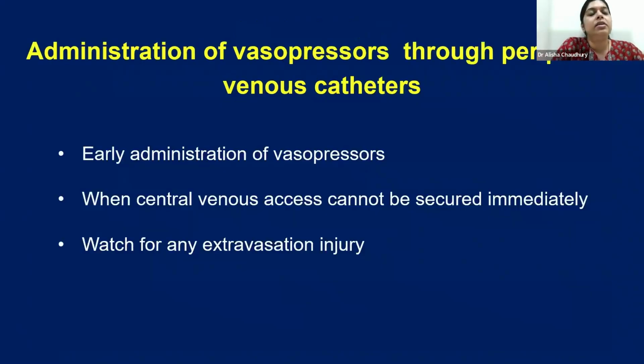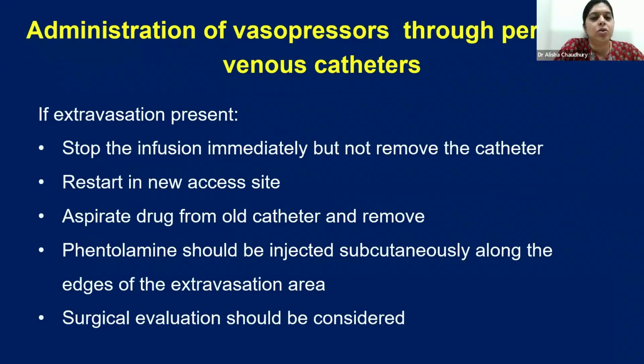Can you administer these drugs through peripheral venous lines, regular IV lines? It is a concern most of the time. Yes, you can, because the first thing is early administration is important. If you don't have central IV access, don't worry, just start. But look for any extravasation injury. In case you have an extravasation injury also, don't worry, stop the infusion immediately, but don't remove that catheter,